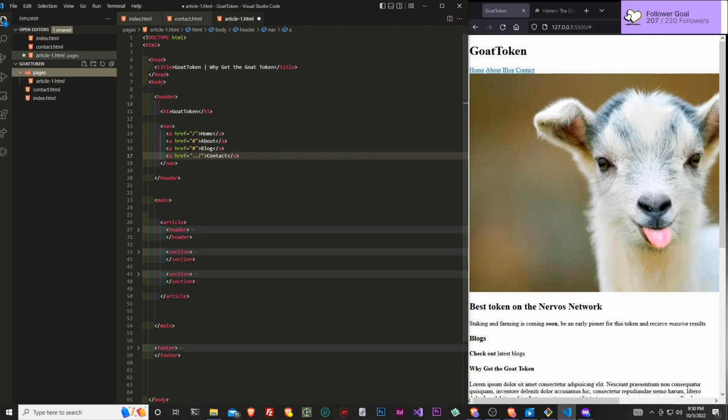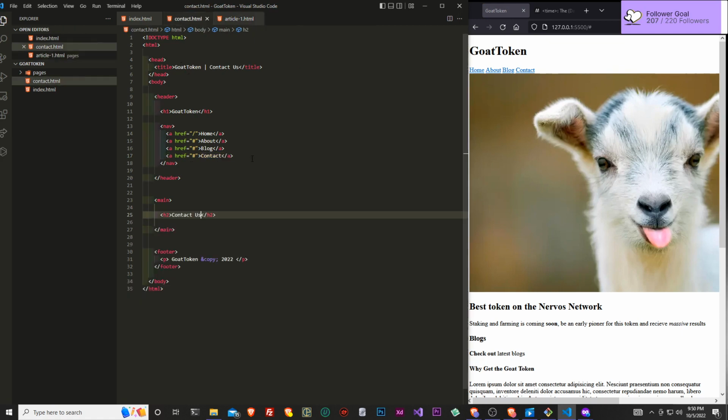So this basically is telling whatever is reading this HTML file to go back a folder, to go back a file, and whatever is in here, which is going to be the index or the contact page. So if we do / again, you guys can see it says contact or the index HTML, and we just want to do contact. So now we have access to the contact page on our first article. And inside of our contact HTML, we have wrapped this contact us inside of an h2 element, and we want to be able to create a form.